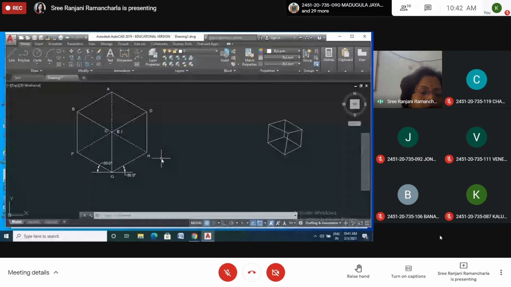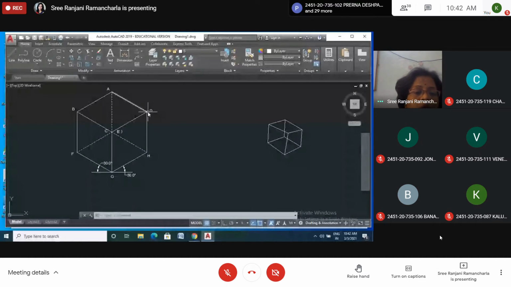Now I think you got this one. So these faces are actual square faces. All faces are square faces. But when the solid diagonal is perpendicular to VP, all these edges are inclined to VP, 30 degrees inclined. So this is the front view. You can see this 30 degrees. Here also 30 degrees, and all these lines are 30 degrees inclined to VP, and this one also 30 degrees inclined to VP and HP.